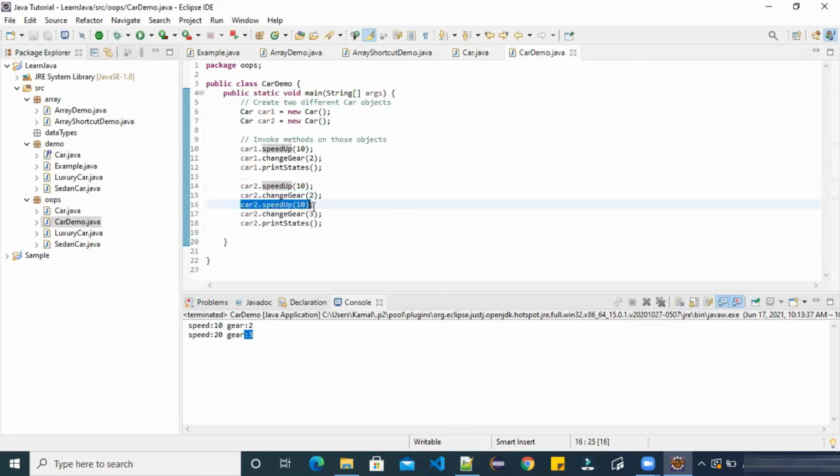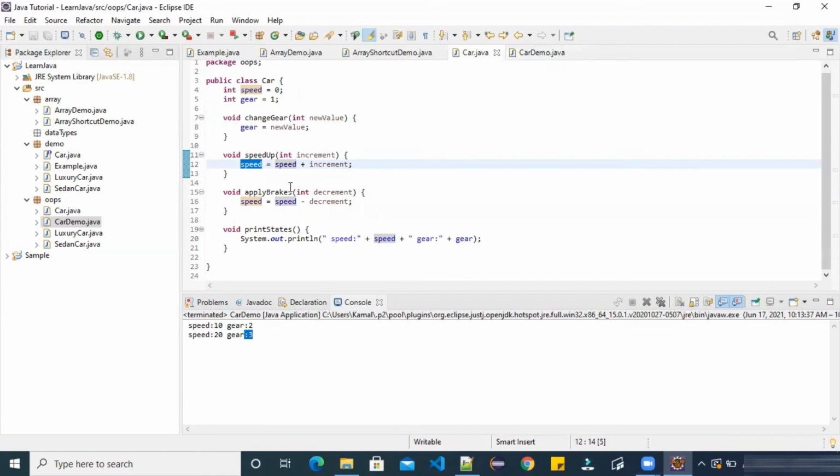Now we again applied speedUp by 10. It will add 10 again to the speed. Speed had the value 10, so 10 plus 10, and this speed variable will hold the value 20, incremented by 10 again. So that is why it has printed 20.